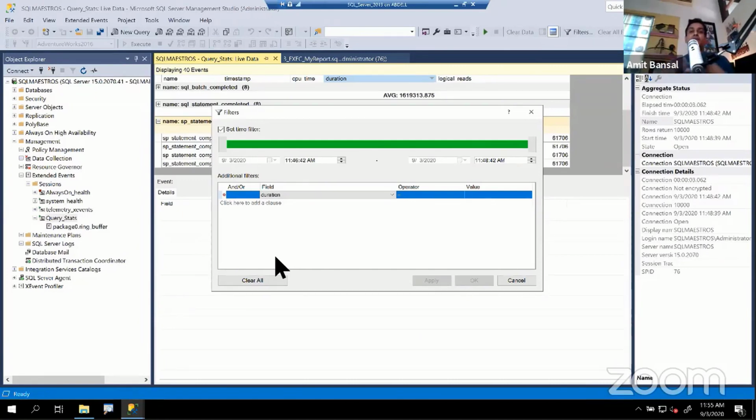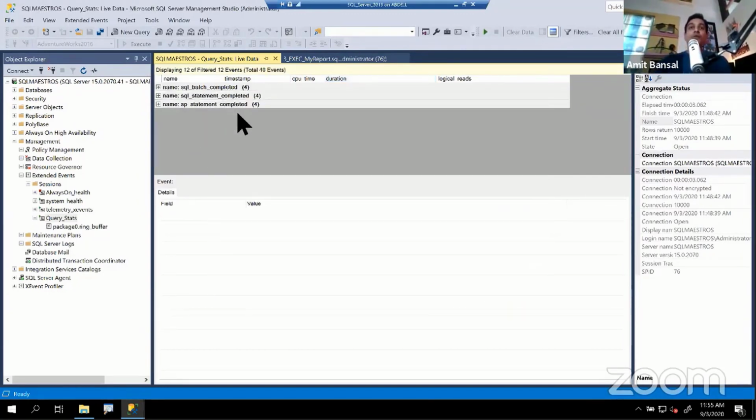Let's say what has happened is you're capturing hundreds and thousands of workloads coming and hitting SQL Server, and you have all sorts of durations starting from 1 millisecond to a million milliseconds. Now, of course, you don't want to focus on queries that have just taken a few milliseconds. You may want to focus on queries or workloads that have taken, let's say, minutes to run. And then you can filter on duration, and you can say wherever the value was greater than something. And remember, this is in microseconds. So let's say I've just put something like 60,000. And you apply. So now you only get those events where the value was greater than